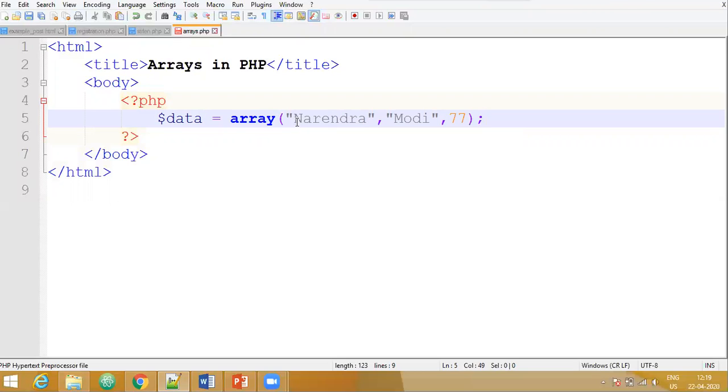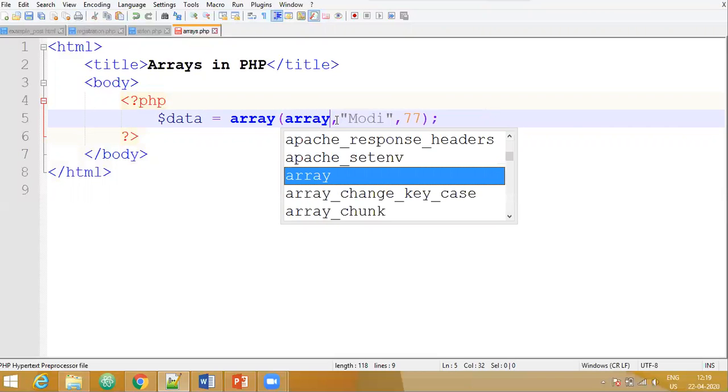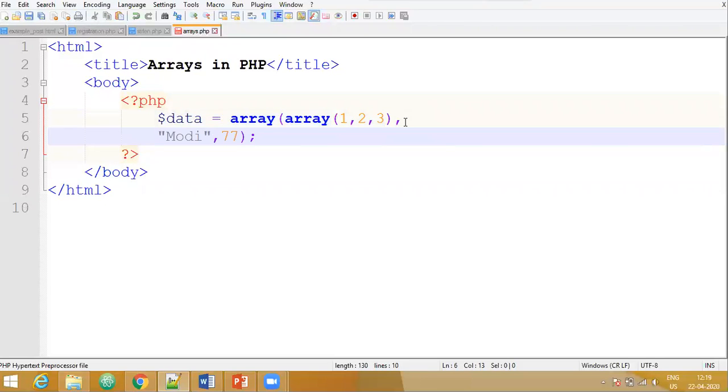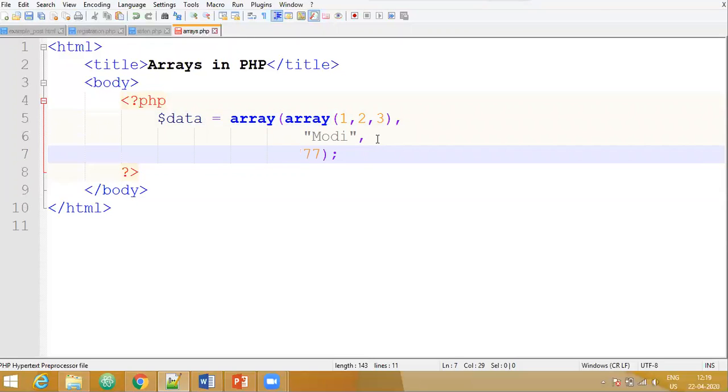So now, instead of giving the first name for the value, I will delete this and I will write an array here. Now inside this array I have to pass the values that this array is going to consist. So I will just give numeric values 1, 2, 3. So you can see that this is our main array, that is $data is our main array.